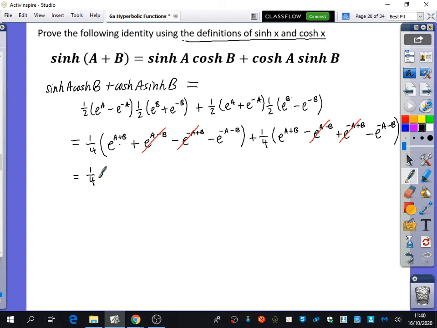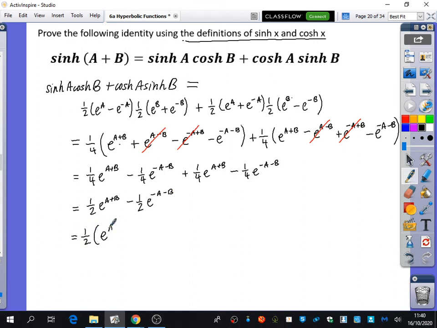I have a quarter e to the a plus b minus a quarter e to the minus a minus b plus a quarter e to the a plus b minus a quarter e to the minus a minus b, which simplifies to a half e to the a plus b minus a half e to the minus a minus b, and you can see what's happening, hopefully. I can then factorize out the half, and I have e to the a plus b